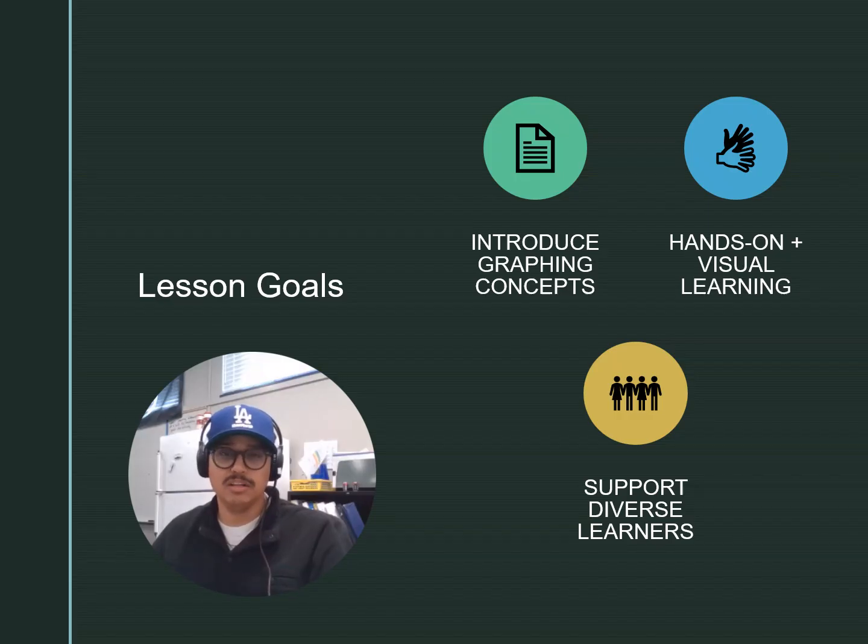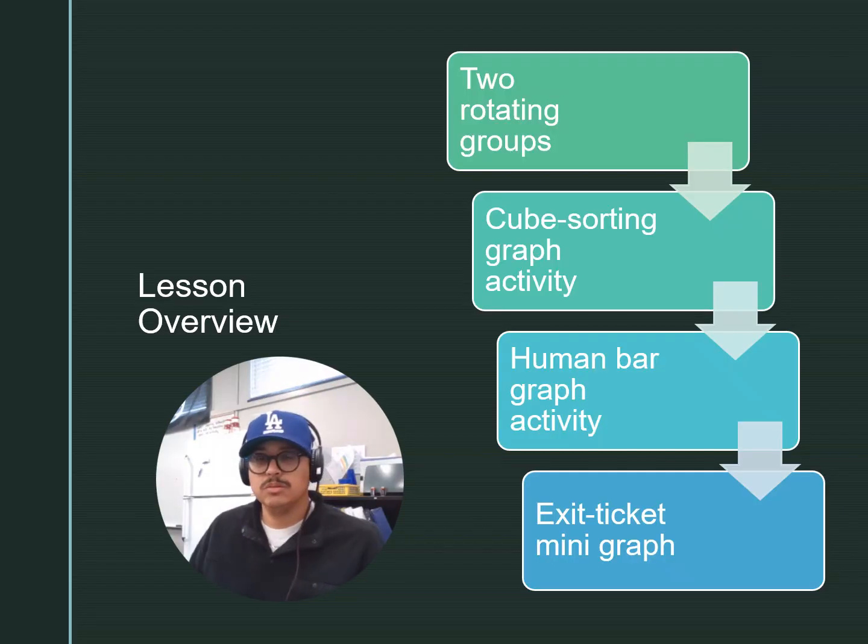expectations clear and consistent. So this is kind of the bigger picture when it comes to the lesson. So it's going to be designed and structured in a way that's going to fit the needs of all the students in the classroom. So the students will be rotating through two structured groups. One group will focus on sorting cubes by color and turning that into a simple bar graph. The second group will actually become